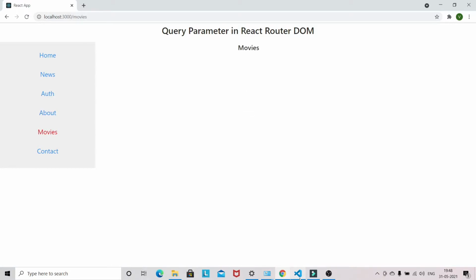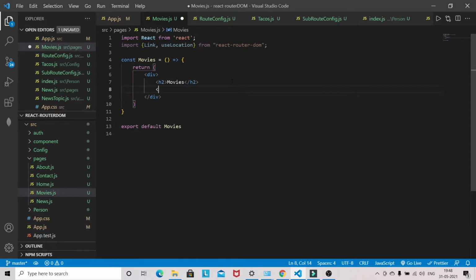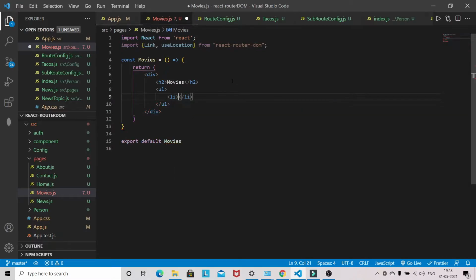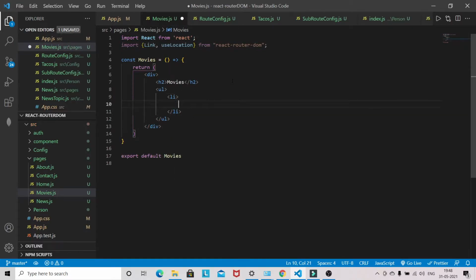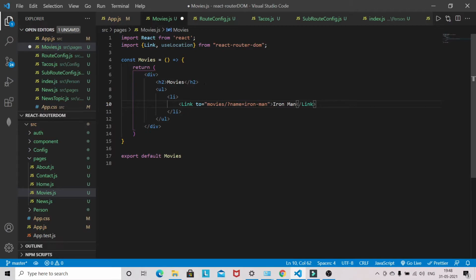So now let's write the logic. In movies I will add a ul. In ul I will have li, and in li I will have Link. Movies, name is equal to Iron Man, and the movie name will be Iron Man. Okay, so I will copy the same way for other links.